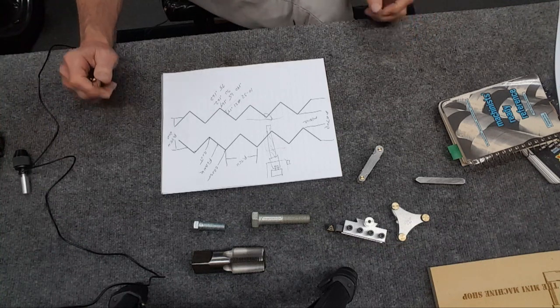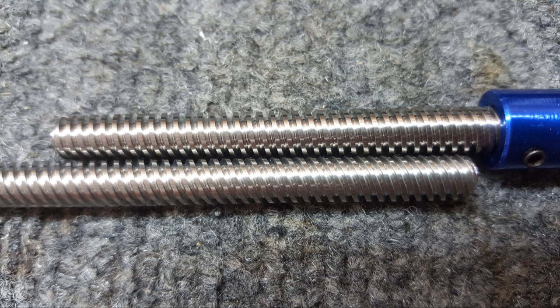Let me show you a picture. This is the picture of what I got. Everything says it's 8mm, it's a 2mm pitch, it's a one start, so it's a single thread going around. But look at the angle of it. It's like, whoa. So,